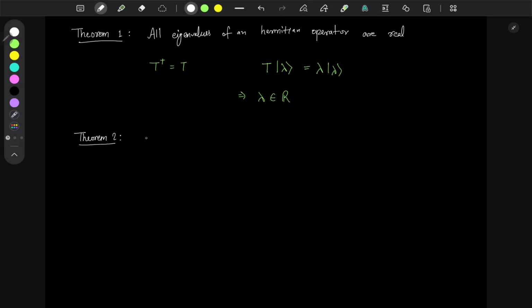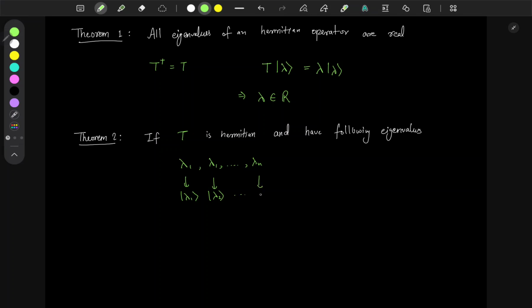that is, T is a Hermitian matrix, and if you find the eigenvalues to be lambda 1, lambda 2, lambda n, and the corresponding eigenvectors ket lambda 1, ket lambda 2, ket lambda n,